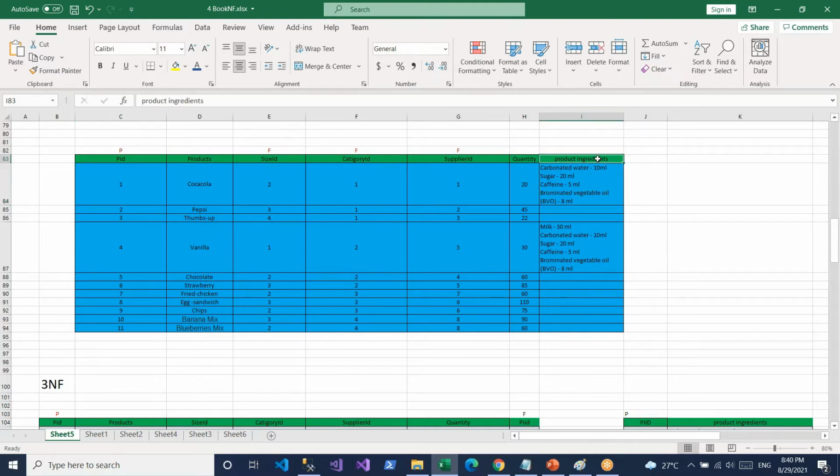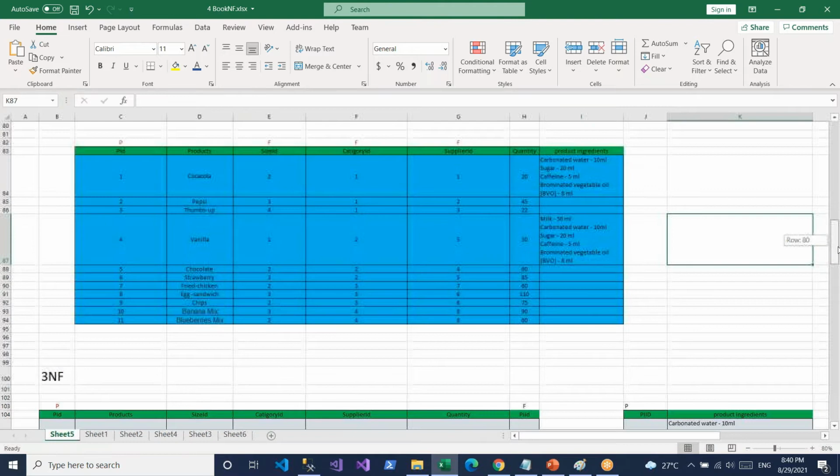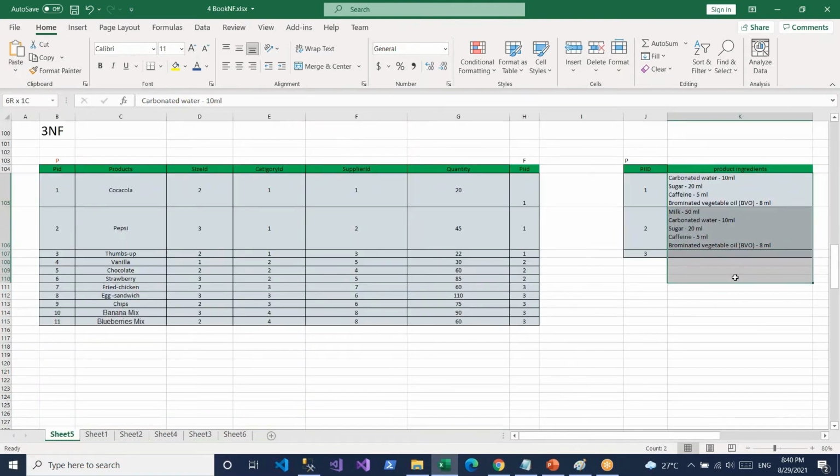Actually, these product ingredients are not required by the customer. From a customer's point of view, we don't require these ingredients. This is a marketing thing, so the customer doesn't have this. That's why I'm making it a separate table. This value does not depend directly, it depends indirectly. So for columns that depend indirectly, I make a separate table. I bring these values out, give them an ID, and join with ID values.